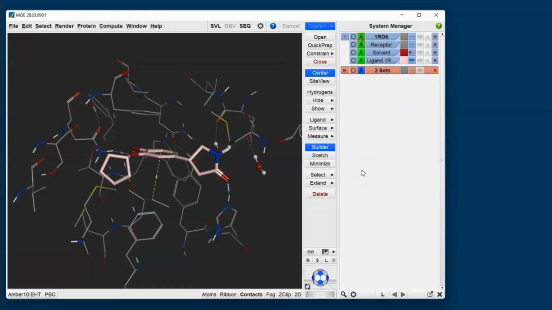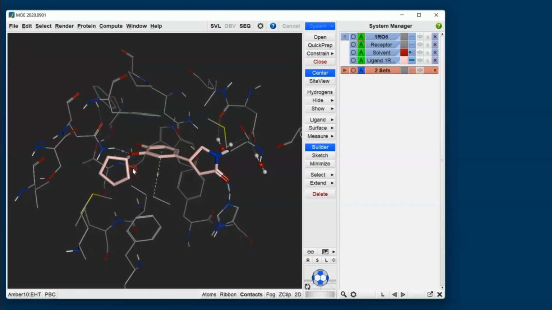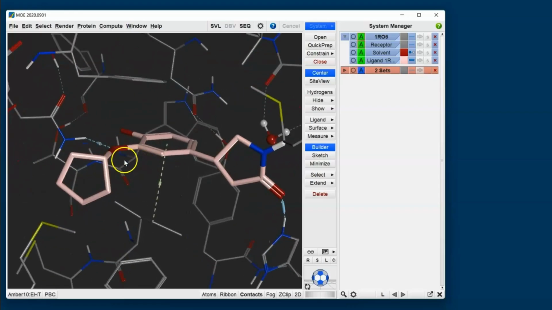and next what I'd like to do is analyze our complex so that I can understand the key interactions between ligand and receptor. The first place I'm going to look for that would be the main MOE window itself, where I see that MOE has automatically calculated and annotated these interactions, shown by the dotted line with a cylinder in the middle. So here we have a classical hydrogen bond. We also have a proton-pi interaction here with the aromatic feature,